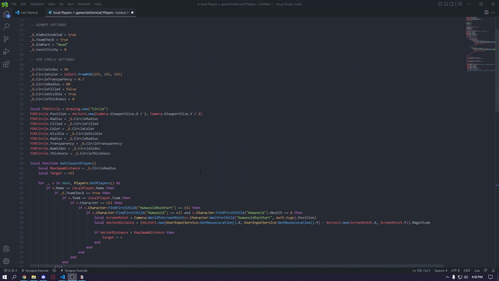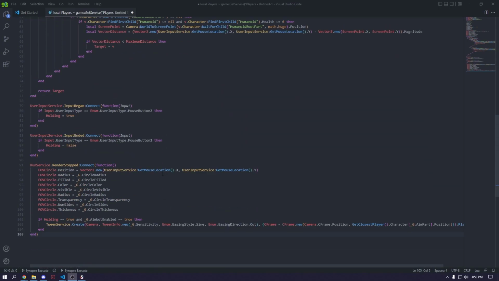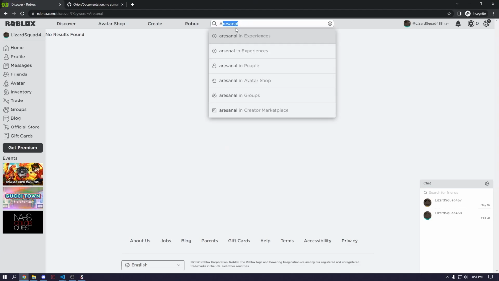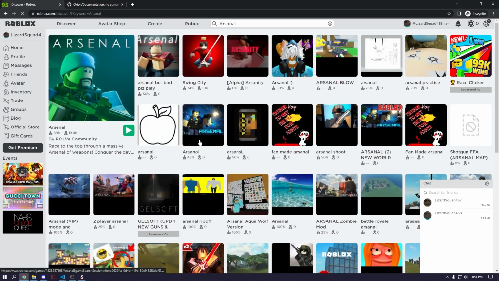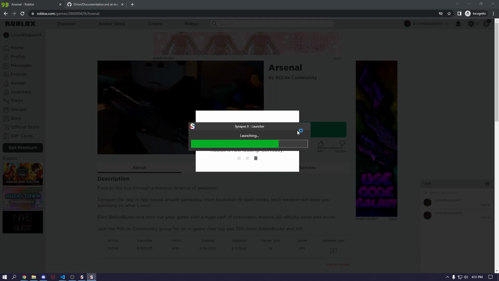I'm just going to pause this and look over it real quick, make sure I didn't do anything wrong. Alright, I checked and everything looks fine. So let's try this in a game. Alright, so I'm going to go ahead and launch up some, we'll do Arsenal. You're not going to be able to see my screen right now, but I can spell Arsenal wrong. Alright, let's launch up some Arsenal. I know there's already a lot of cheaters in here, so I won't be surprised if there's a couple more cheating with me, but